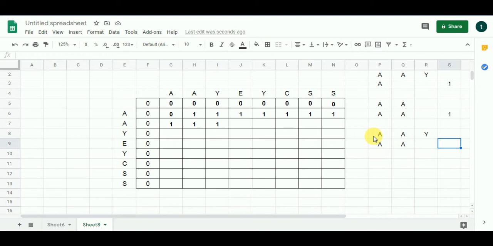So let's say if I add A over here or if I add Y over here, I am going to get this subproblem in both these cases. You're seeing that? This is the magic of dynamic programming that I want you to learn. Okay, let's do it once more. The problem was AA and AA, which is this cell, and one of the subproblems was AAY and A, which was this cell.